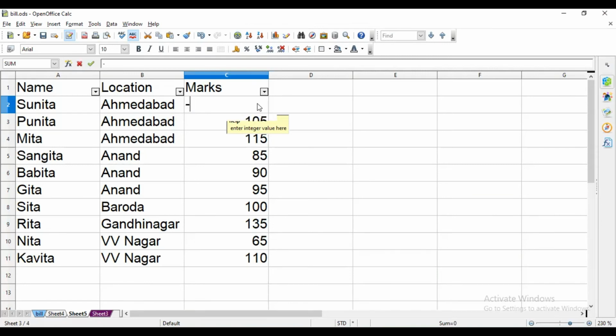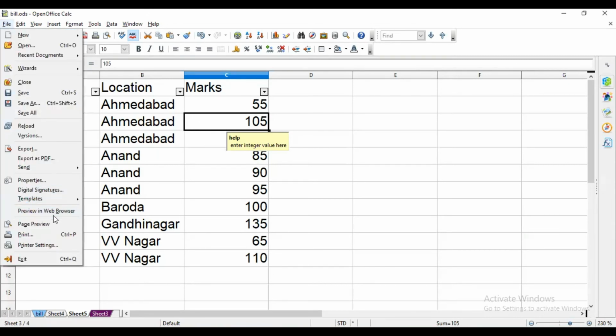Now if I type minus 55, then you can see only whole numbers are allowed here. This is the error title that we have given, it is showing, and the message: only whole numbers are allowed here. And if I type here 55, then it will accept this value. So this is how we can customize alerts and stop users from entering invalid values.